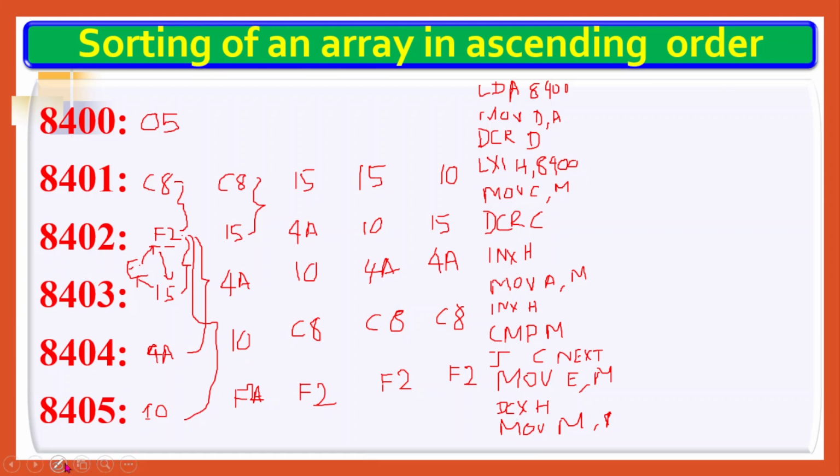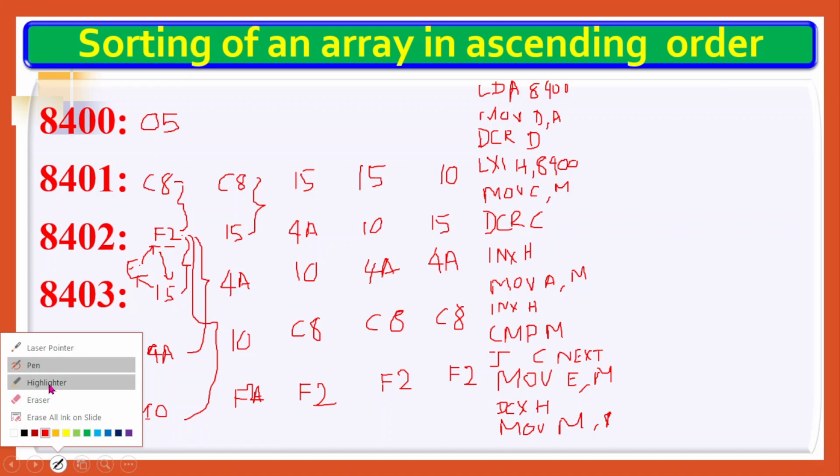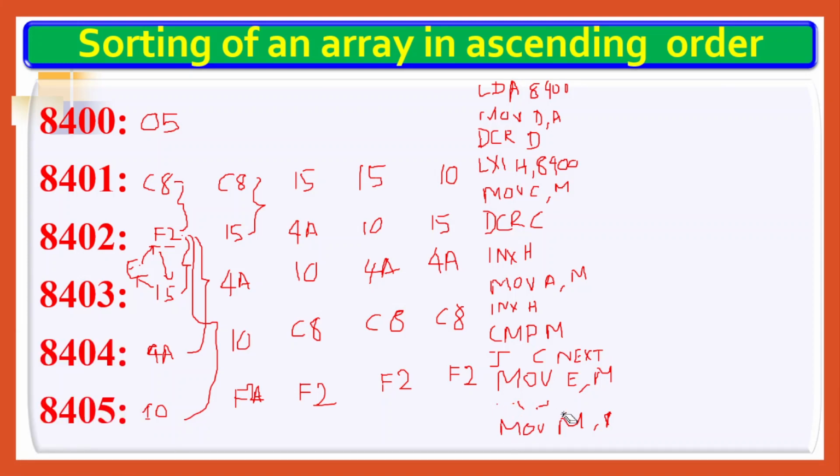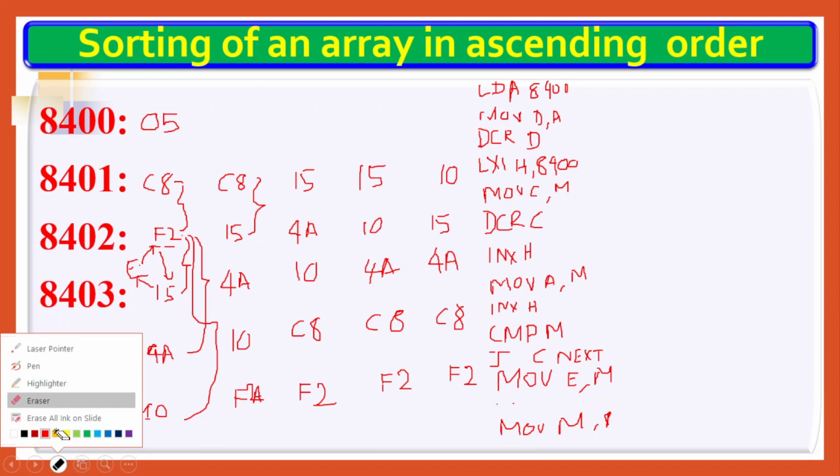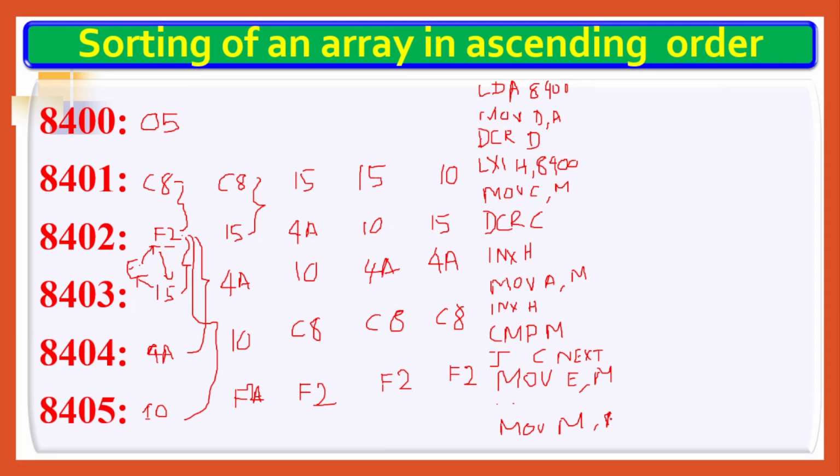Here, one more correction. I use that eraser. We have taken that E as a copy, then we have to copy this A to M. So now we have to decrement, because the current element is this one, and whatever the accumulator is having has to be written here. So F2 I am copying; 15 is copied to the E register, F2 is copied to current M. Now decrement once, DCX